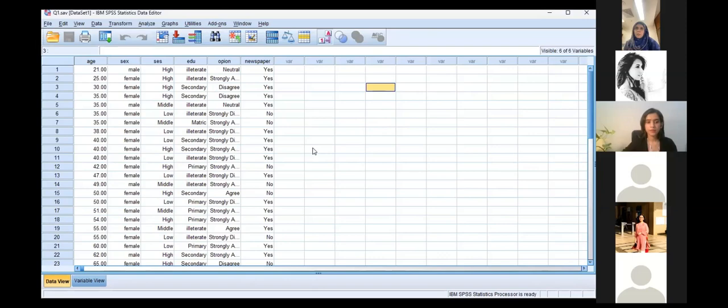Okay. So first of all, let's start with age, right? When I was talking about the normality of the data, if you remember, that was the first thing that I spoke about, that whenever we are analyzing a quantitative data, the first thing is to check the normality of the data, right? So we will go to, just hang on, let me just remove this. Okay, so first we go to,